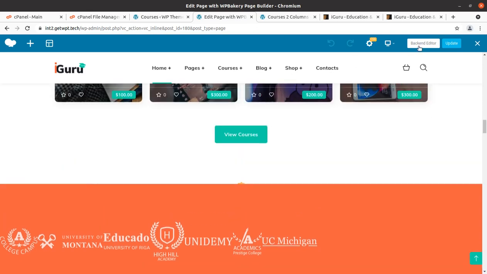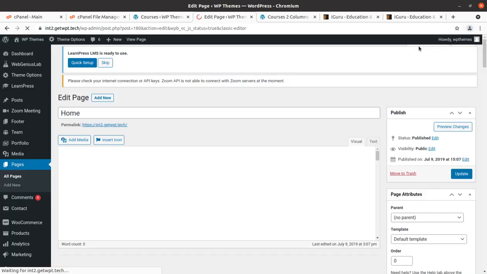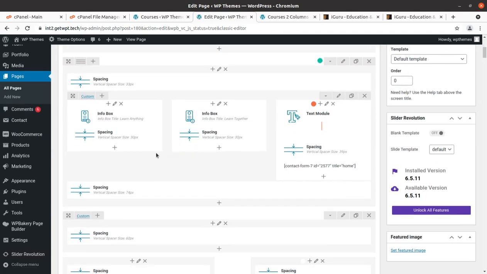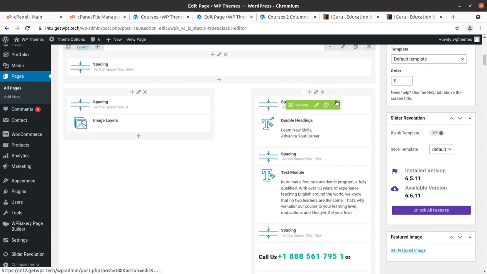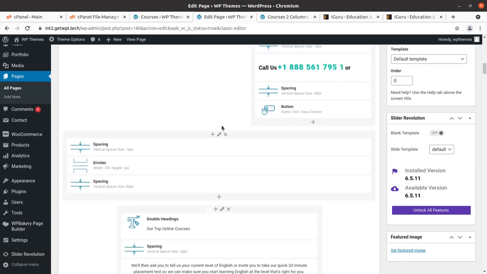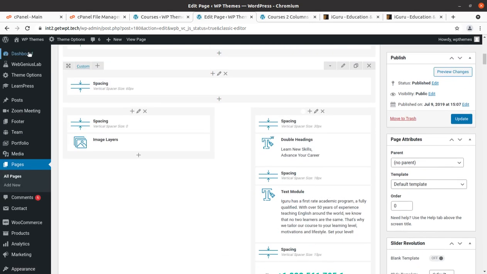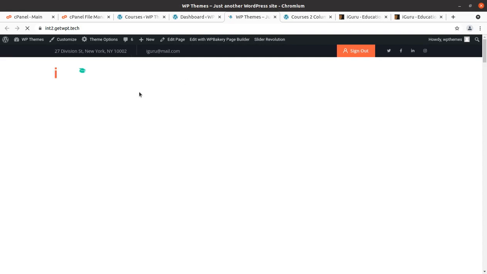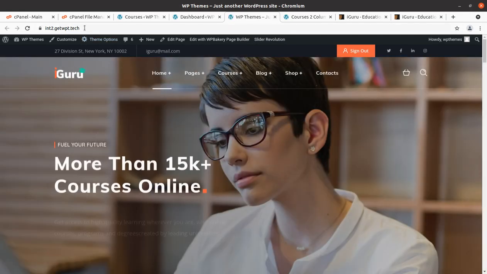And you can use the backend editor as well. The backend editor is more comfortable in my opinion, so you had better use the backend editor. From here you can add or remove the sections that you want to keep or remove, so it is a great option. So now I believe you will be able to create a wonderful education website using the iGuru WordPress theme, and this is the website that we made in this video.